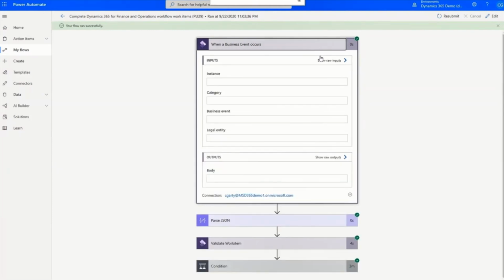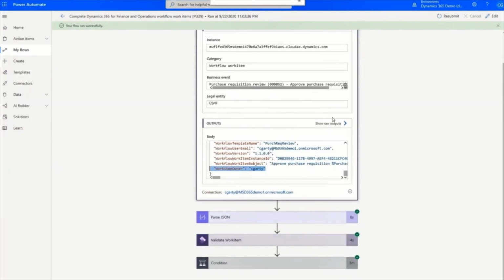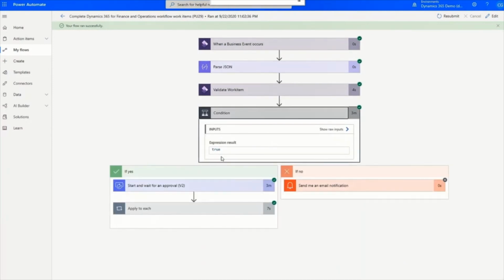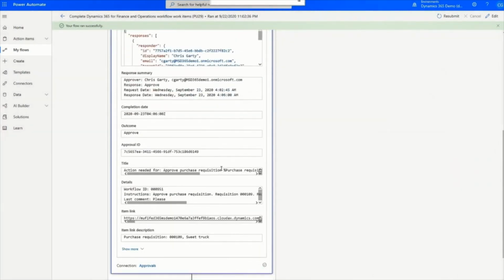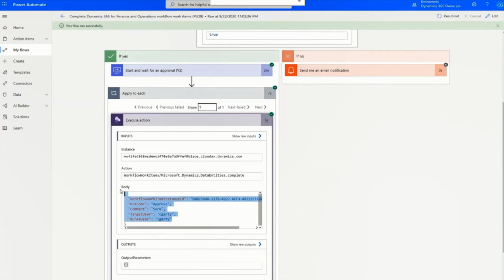We'll have a look at this one that we just completed. You can see inside of that flow run history, we've got all of the values. You can see that work item owner is set to C Garty. And then inside of the condition, we came down to the true branch. We can see all of the values inside of the approval request. And then we can see that execute action going into the complete action on the work items entity